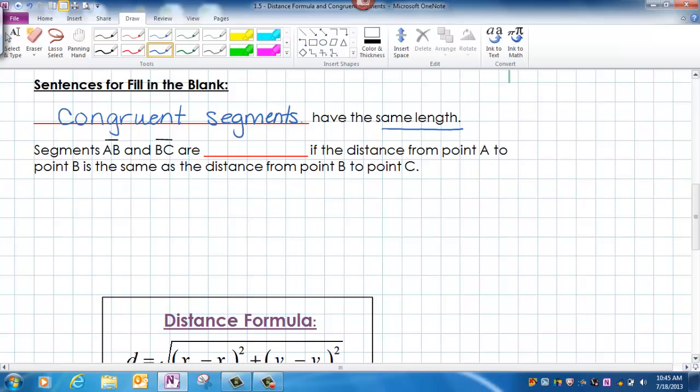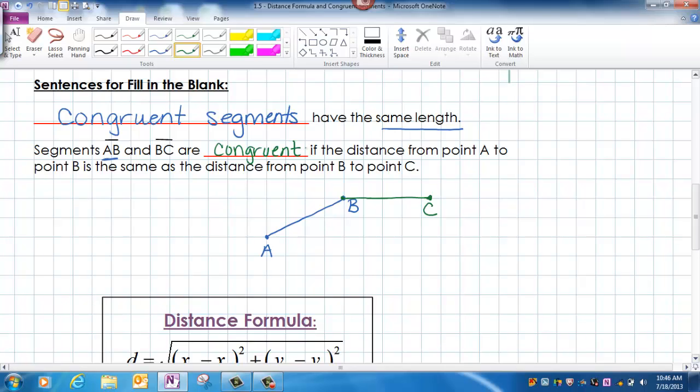Let's say that we have a segment AB. So we'll put a point A and a point B and create segment AB. And then let's say we have another segment BC. So we start at B and go to C. Segments AB and BC are congruent